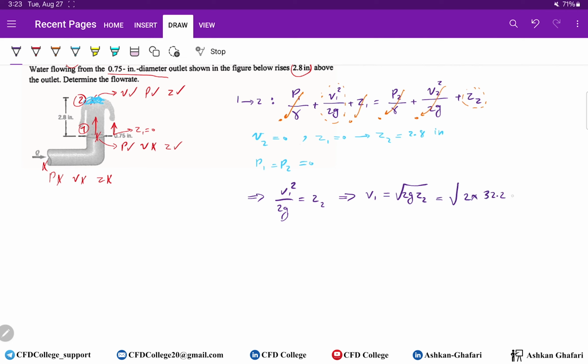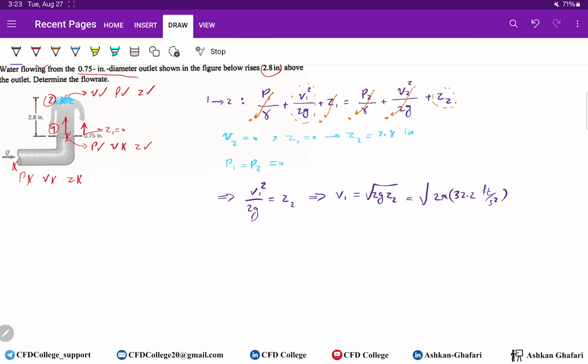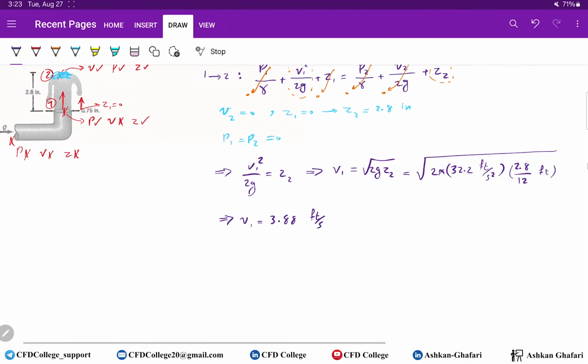Gravity is 32.2 feet per second squared, and z2 is 2.8, but it's in inches, so you have to divide it by 12 to have the value in feet. So v1 can be found as 3.88 feet per second, but we want to know the